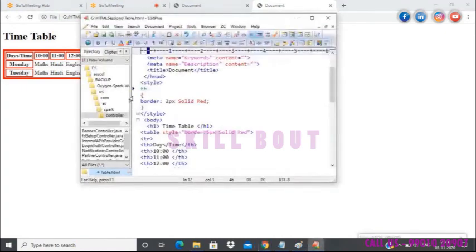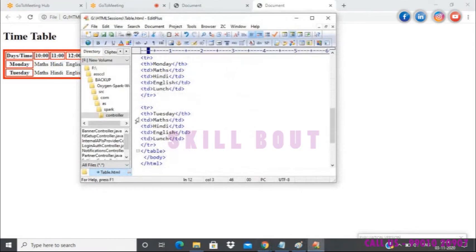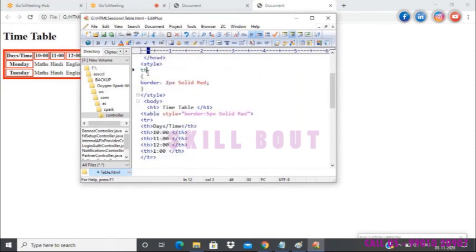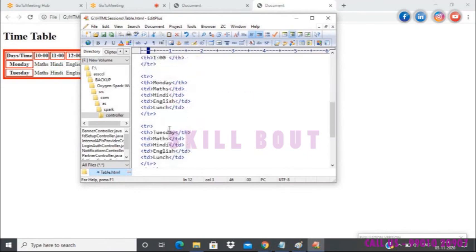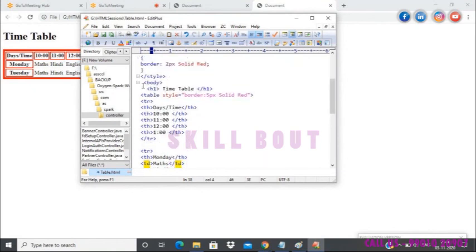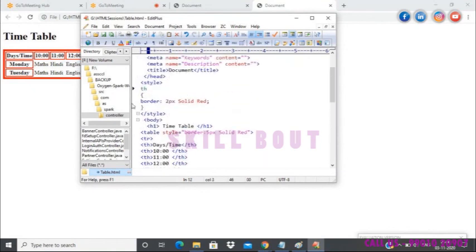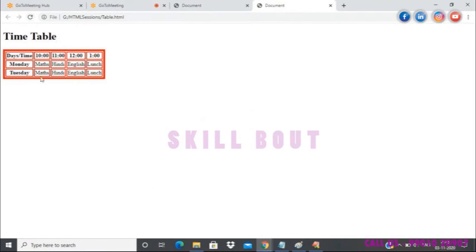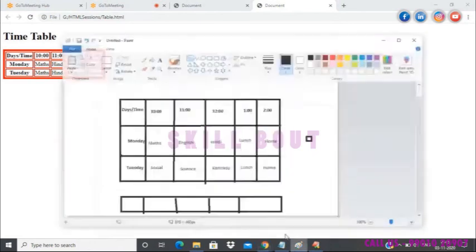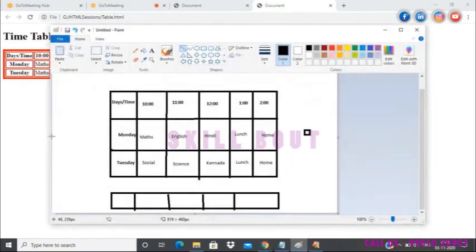So, as I said, you don't have to go to each and every row and each and every column of the table and provide the properties. We can actually do it by using CSS, page level CSS. Then I also want it to be available for td. So I'll not rewrite this code. Instead, if I'm going to use the same property, I'll add comma td. Now all the cells of the table have their own border, but still it does not match with the structure we have.